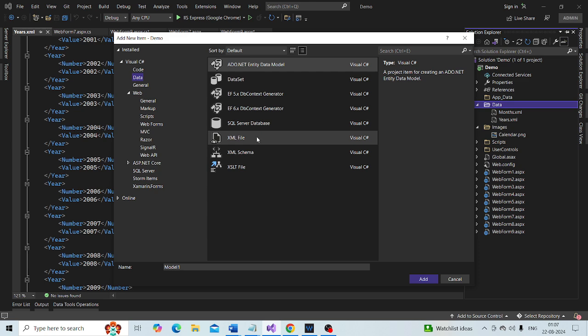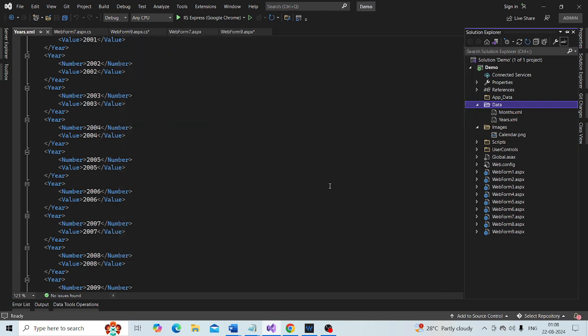Here is the XML file. Change the name to a meaningful name, and then click Add. Because I have already created this file, I will cancel this. This is the way to add your XML file into the data folder.